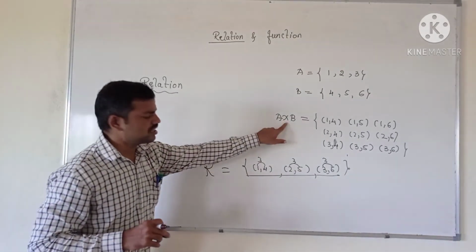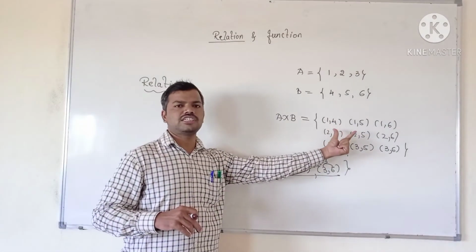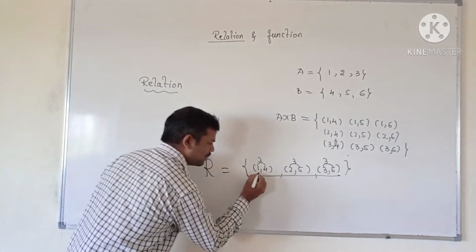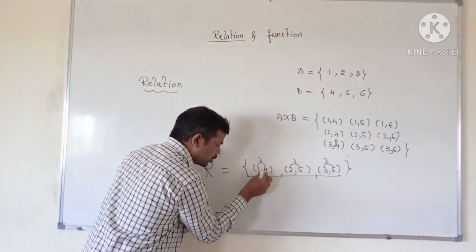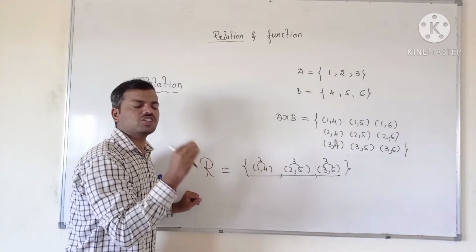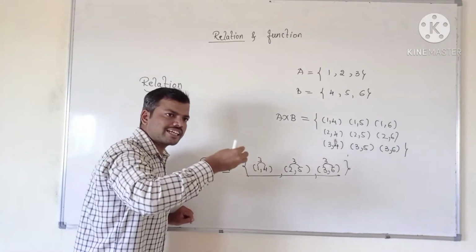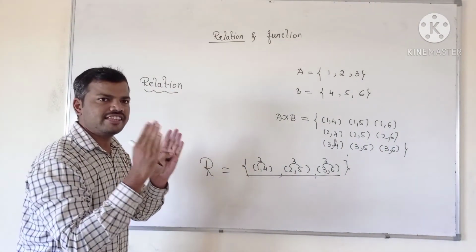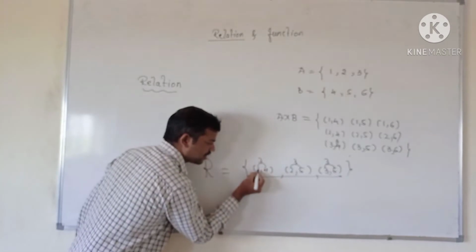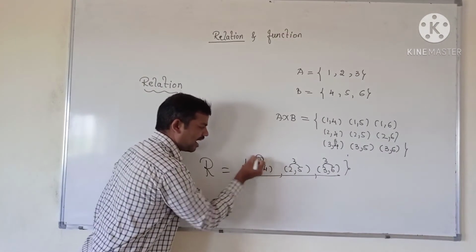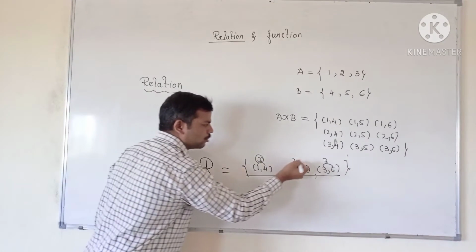Relation is nothing but a subset. Why? Because every pair of R is an element of the Cartesian product, and we took it by giving a specific connection between the first element and the second element, stated mathematically. 1 plus 3 gives 4, and all the pairs obey this.